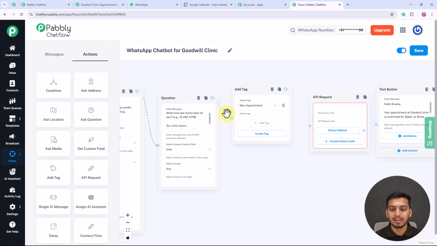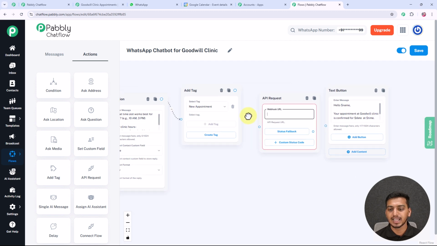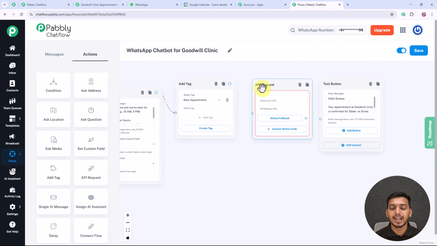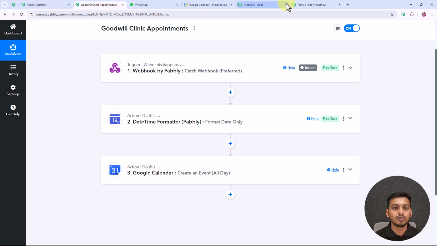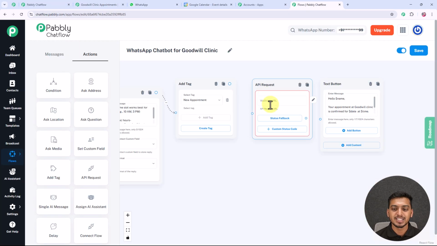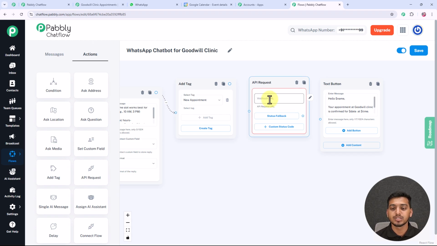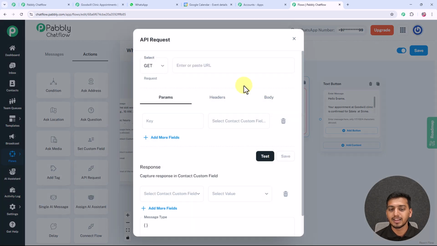So now I will connect these two following circles like this, and I am also adding this another option, API request, with the help of which I want to send the data that the chatbot will capture: name, date and time. I want to send all of these following details to Pabbly Connect. So to connect my Chatflow with Pabbly Connect, I will add this API request, and now I will set up this API request. And to set up this, I have to click on this pencil given right here,